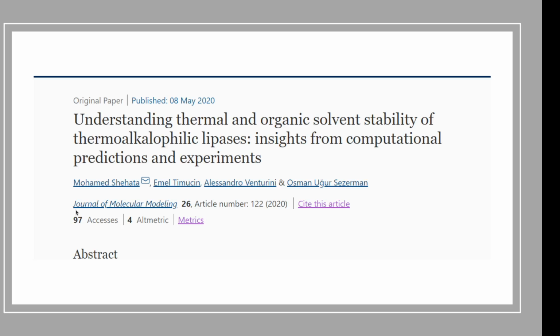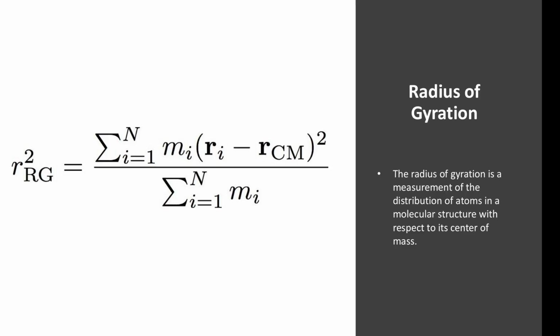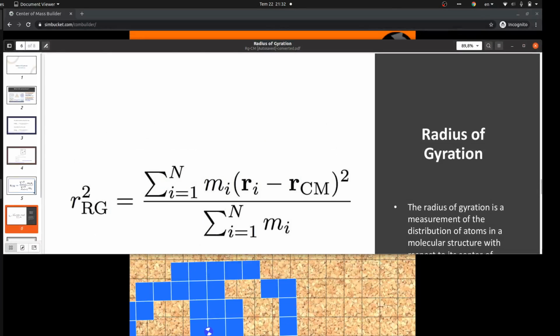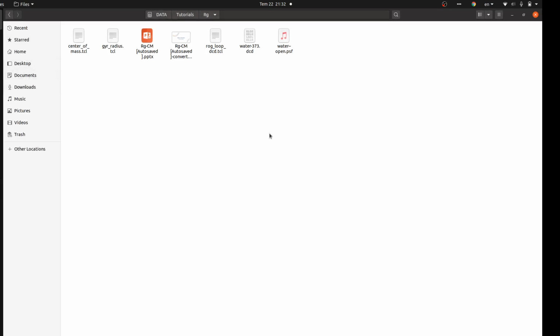Before this, I will explain how to comment on the data you will get from VMD, but before that, let's go and perform it in VMD. So in VMD you need 3 scripts. The first script,